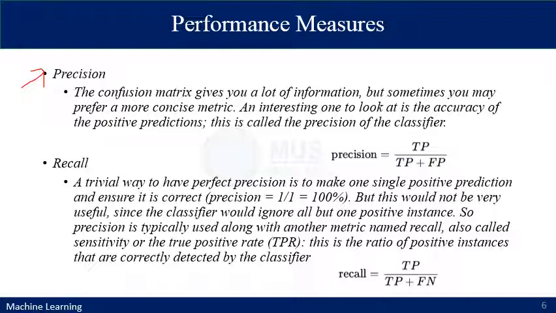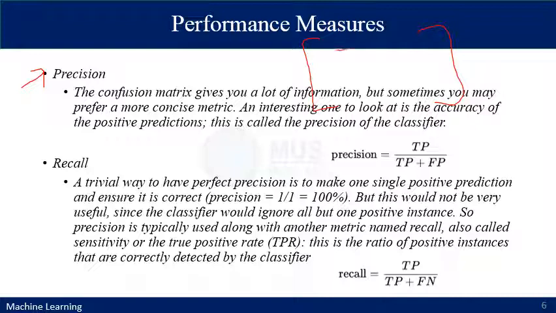An interesting one is to look at the accuracy of the positive prediction, and this is called the precision of the classifier. If you take the example of the binary classifier presented in the previous slide, we had